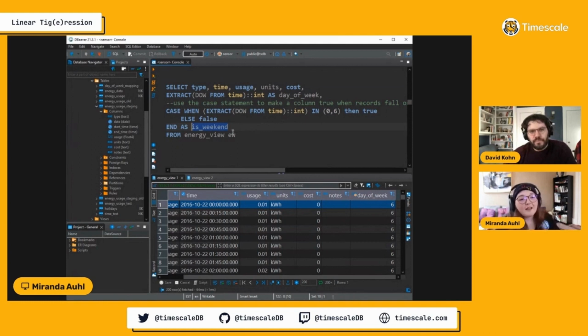I want to create this Boolean column where if it is the weekend, let the column be true. And if it's not the weekend, I want it to be false. And so I can use case when the value is 0 or 6, then we set our column to true, and else we set it to false. And I'm renaming it as is_weekend. And so if I run this,